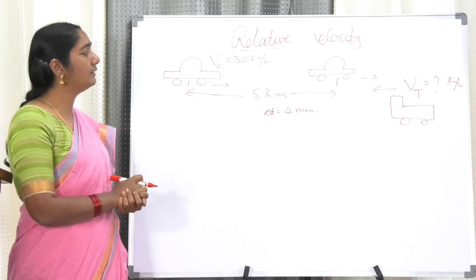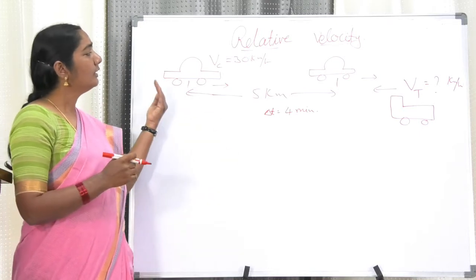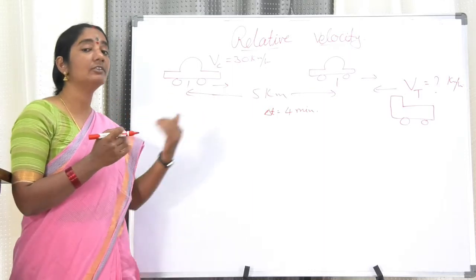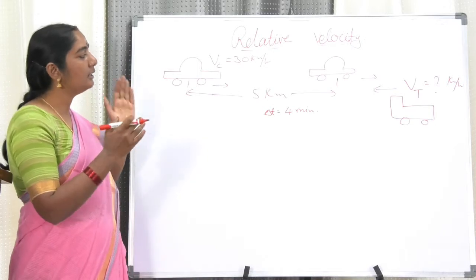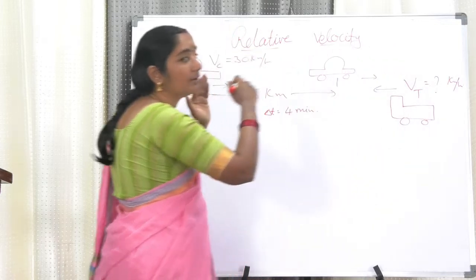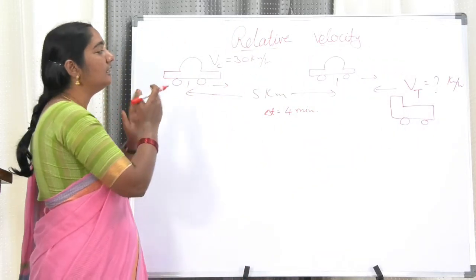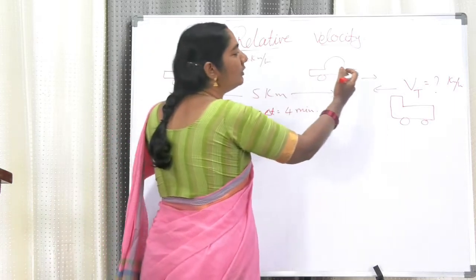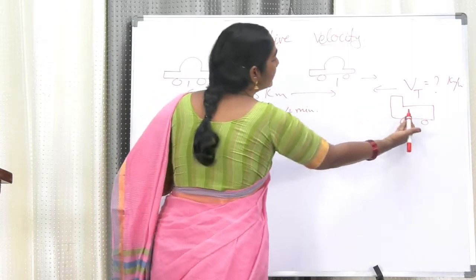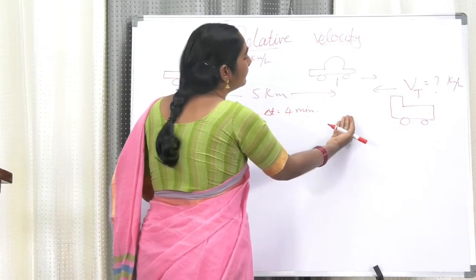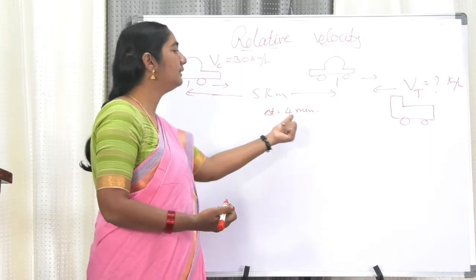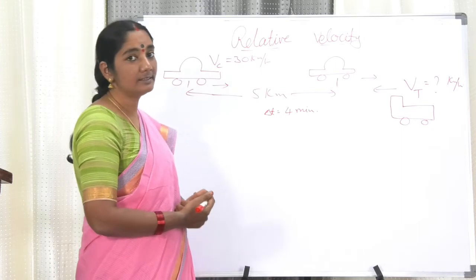Now, my dear friends, let us see. The vehicles are going in that direction with the same velocity and the distance between them is 5 kilometers, meaning the same distance is maintained throughout their journey. This is very important. Because they are going with the same velocity, the same 5 kilometers is maintained throughout their journey. I think now you understood. Now this truck crosses the first one at some time and again, by the time it crosses the second, this time gap is 4 minutes.